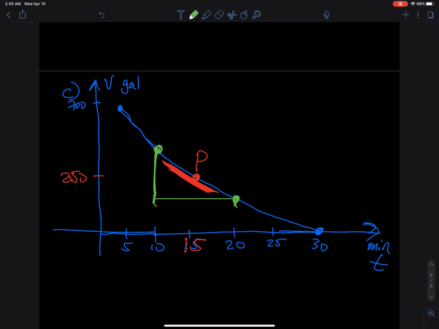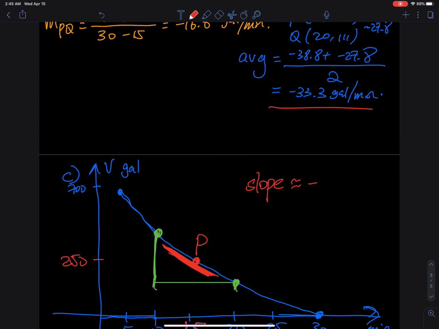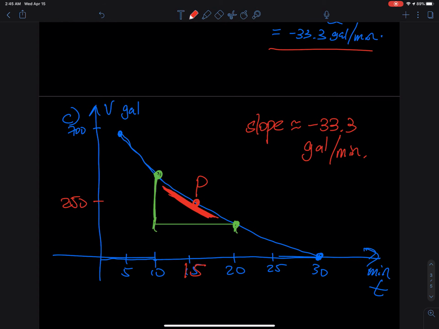The slope I got from the previous one is negative 33.3, right, from the previous problem. So the slope, let's drop the slope right there. The slope from the previous one is around negative 33.3 gallons per minute. So what we are trying to do here is, I see what they are asking. You are not going to